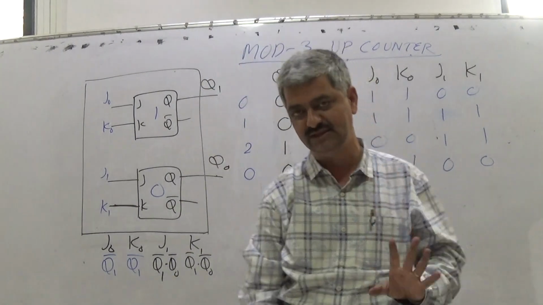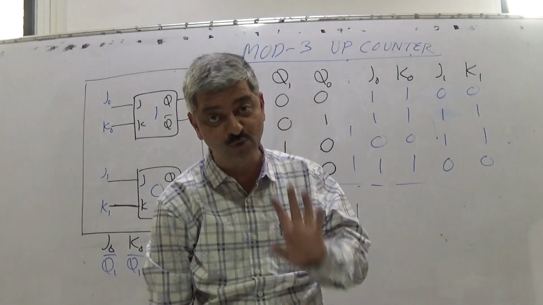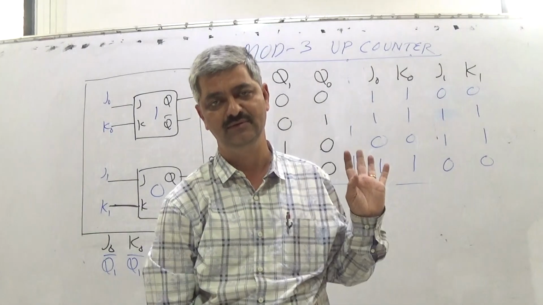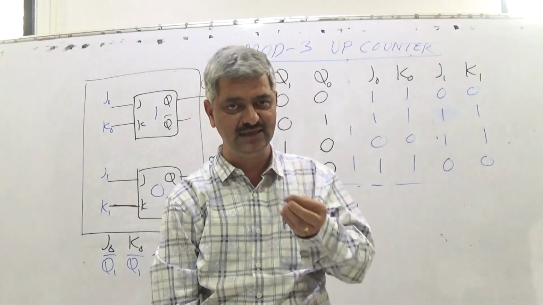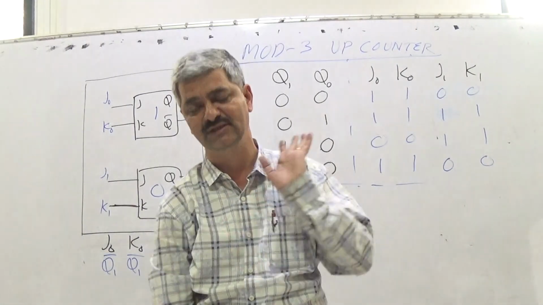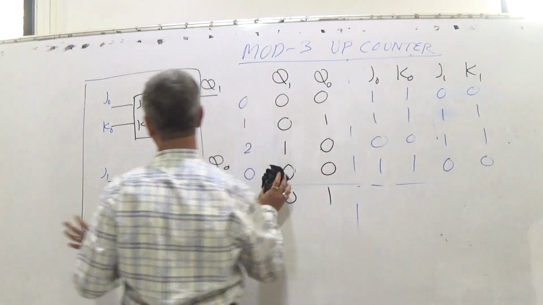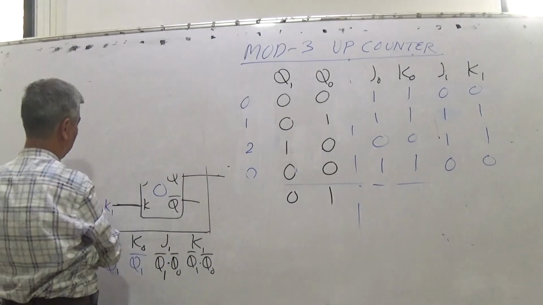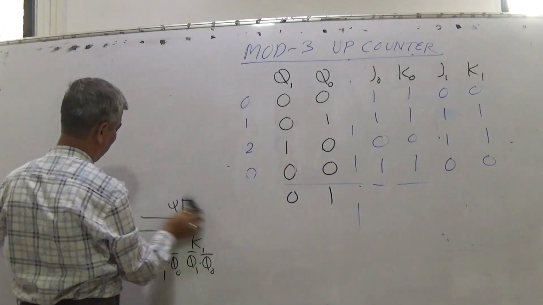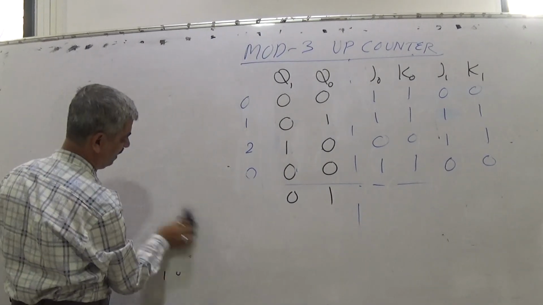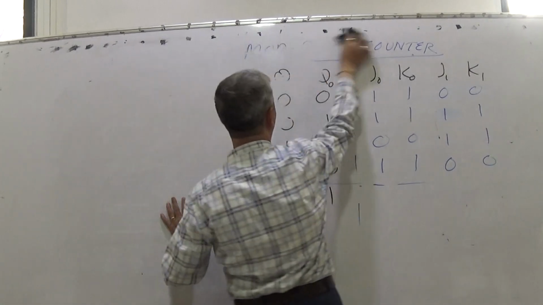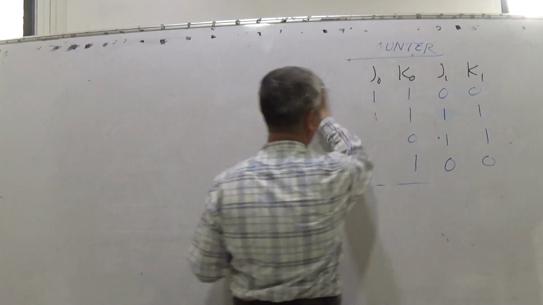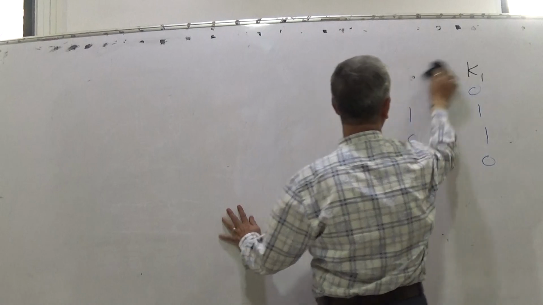So we will immediately design a mod 5 counter and then a mod 10 counter, and I think there the counter discussion should be over. I will mention in brief what is an asynchronous counter and then the shift register. So now mod 5 counter, or in fact we should not go for mod 5 counter, because for mod 10 we have to go by two approaches, either mod 5 plus mod 2, or in general we can directly go for a decade counter, which is required in many applications. A decade counter.